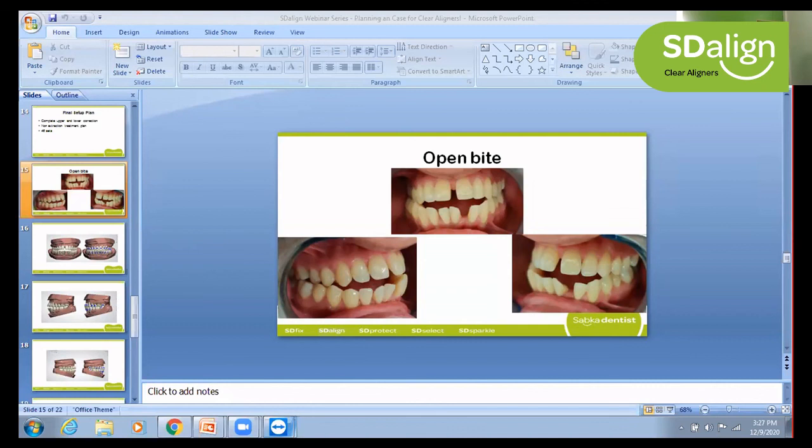In that, we'll divide it anterior versus posterior, depending on the growth pattern and also depending on the sagittal correction. So always we give at least 25 to 50% overcorrection. I think that should help you with your question. Overcorrection is definitely required. We give half mm of overcorrection for every 1.5 mm of intrusion.